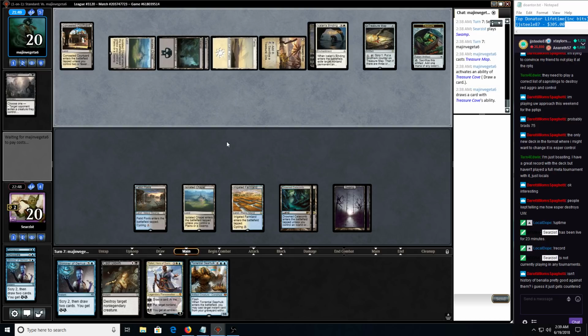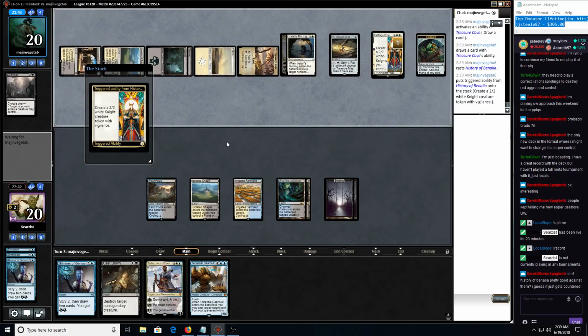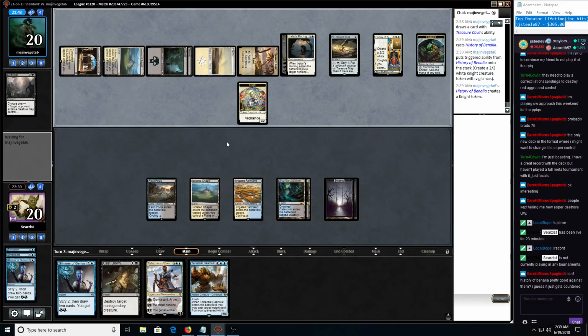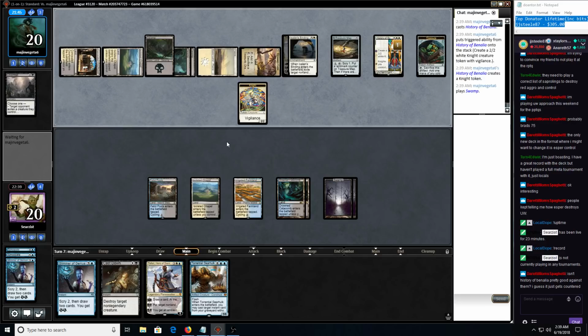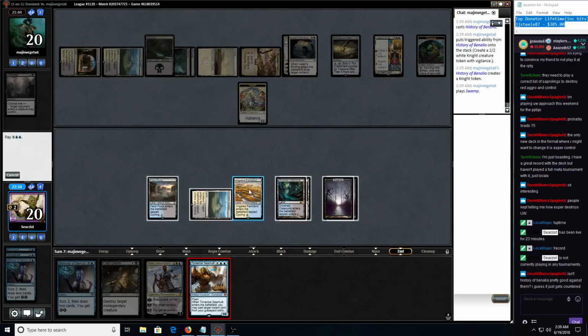I was playing blue-black midrange before this, so I'm just getting a little confused on the cards. That's fine. So they have Cast Down mana, but I don't care if this gets Cast Down, so...